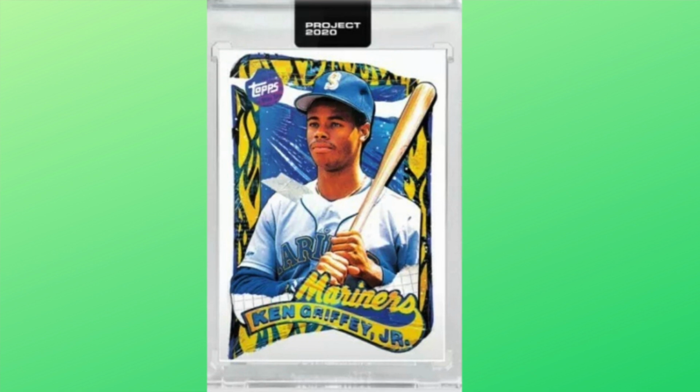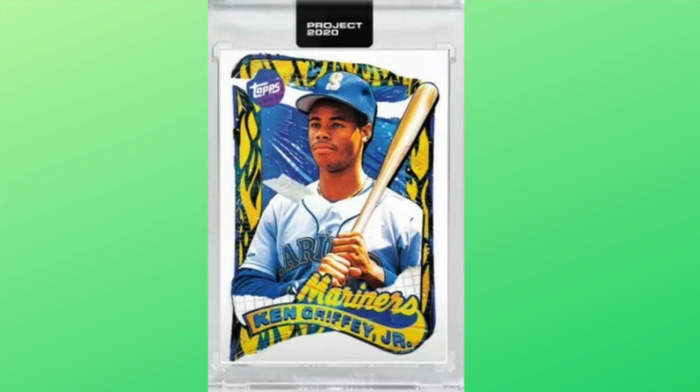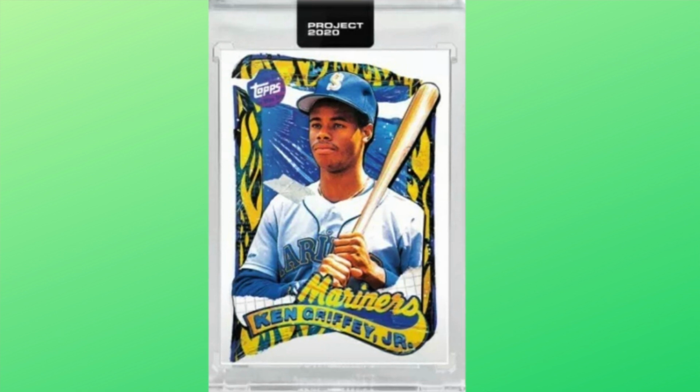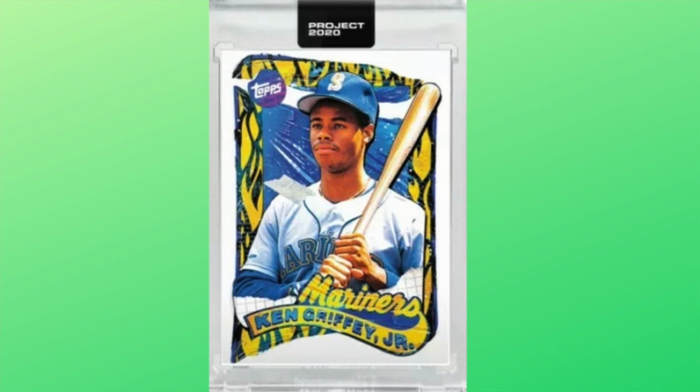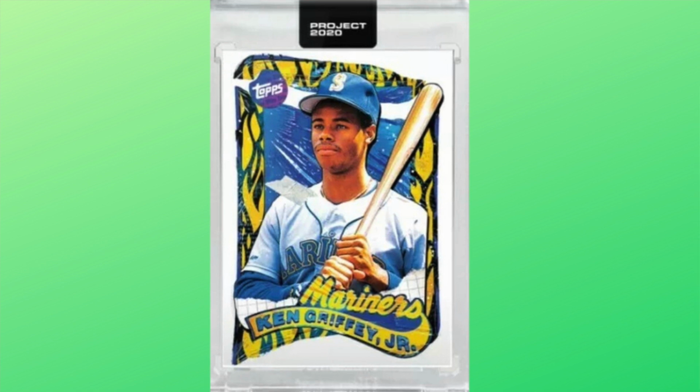But you have the combination of a low print run at 3,707, a popular player in Ken Griffey Jr., and then Tyson Beck, I believe, is an upcoming artist in this grouping of 20. And so, if you're not necessarily a believer in Tyson Beck, then maybe you stay away from this one. But for me, I really like this one, and it's selling now for anywhere from $75 to $78